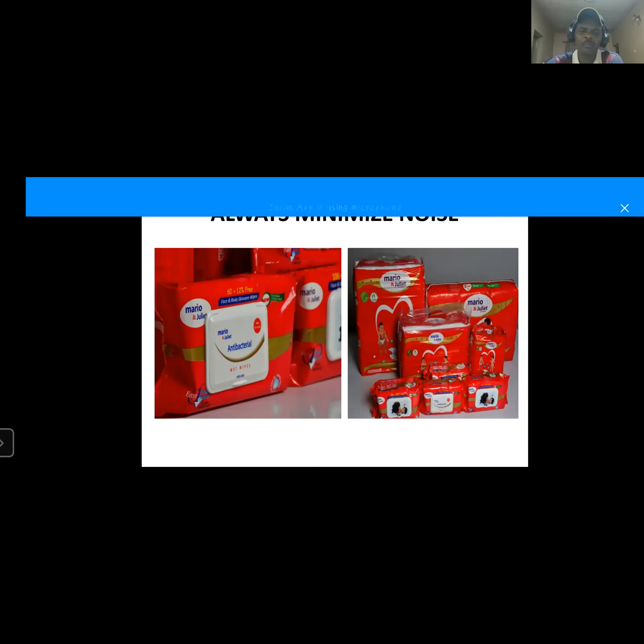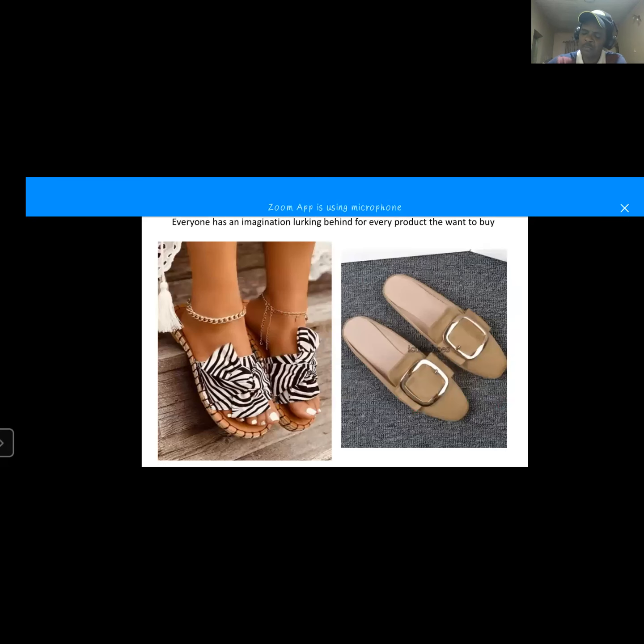So if we have gotten everything about minimizing noise, the next thing we must try to do in projecting our business is to humanize your photos. Everyone has an imagination lurking behind every product they want to buy. If you are going to purchase something, believe me, you have first imagined yourself in that thing before you decide that this is going to be right or not right for you. So people will always want to see how they will look